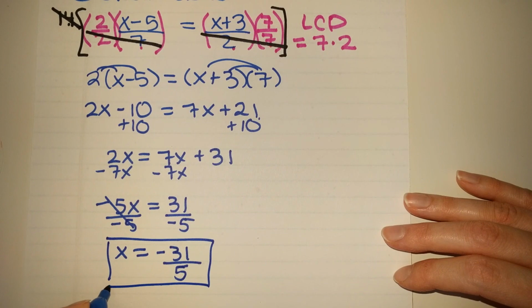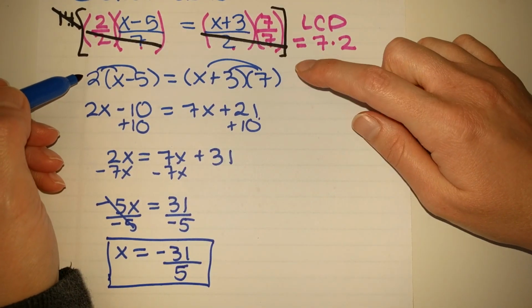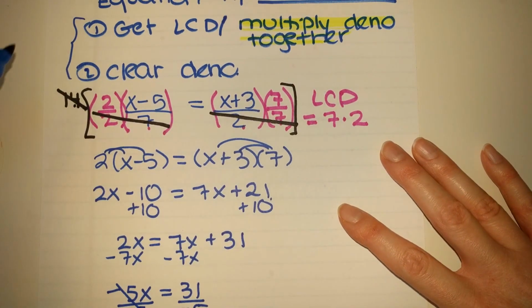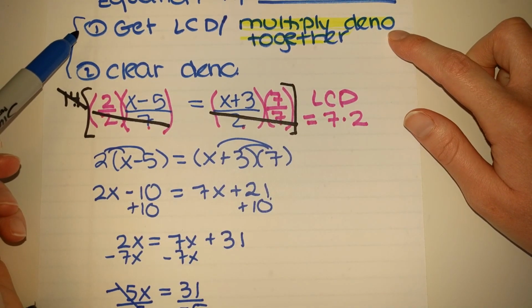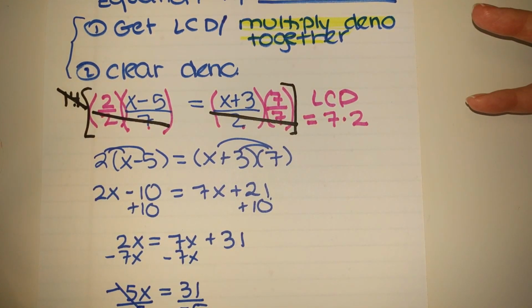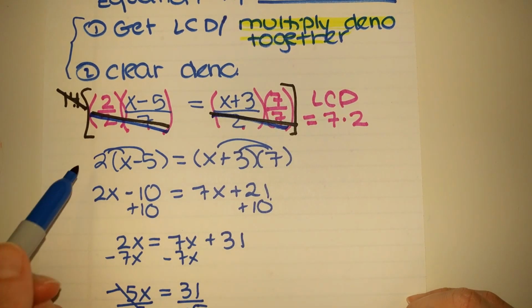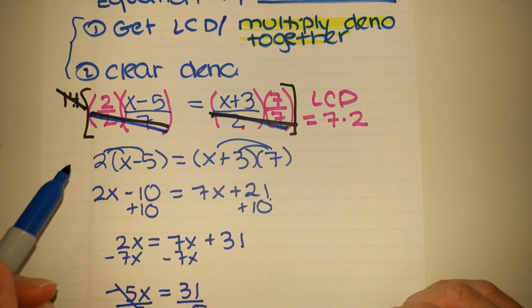So the key step here is not necessarily everything from here once we clear the denominator downwards. Really the key thing is to remember that you multiply all the denominators together. That gives you an LCD or a common denominator. And then as soon as you get that common denominator, the irony of the whole thing, you clear the denominator and then you're just left with the numerator to simplify.